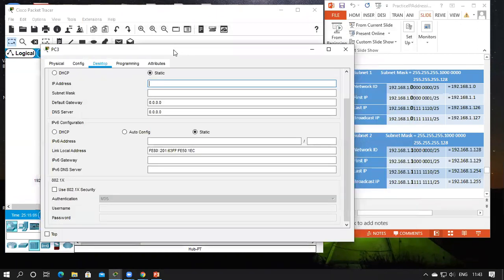Okay, this I had just kept empty just to show how the IP address is set. This is subnet 2, the last IP address I'm setting. The last IP address is 254. And when you click for the subnet mask, it automatically comes as class C. But since we're using classless, we have to make it 25 bits as the mask ID.